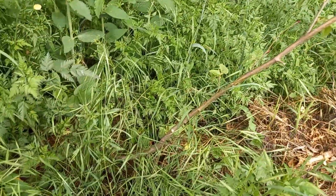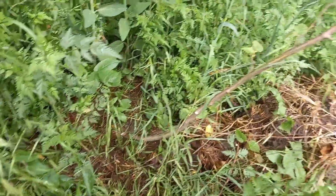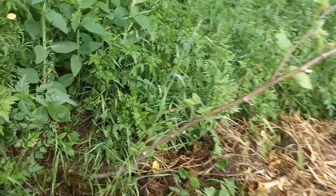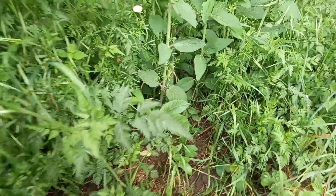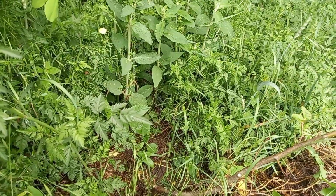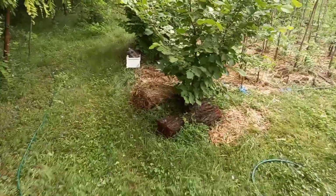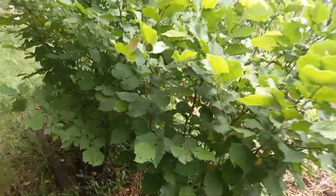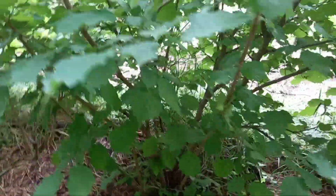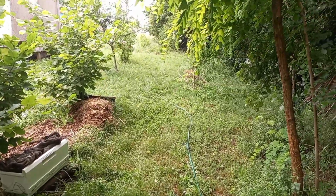And this is the other one. I have not trimmed around here recently, so the grass is tall, but that's not a problem. More moisture for the bushes, and I can see here that the jays planted a walnut. The blue jays and the magpies are our main walnut propagators. So the idea here is to dig out some of those root suckers and plant those out in a hedge in that direction,